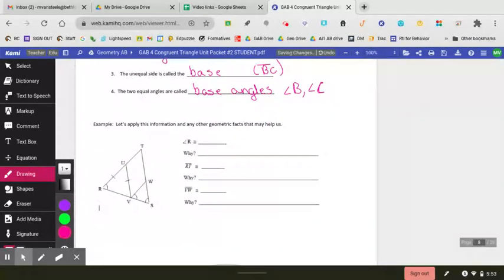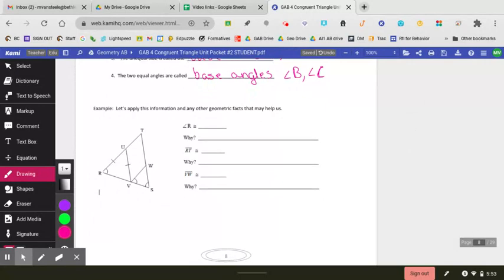So let's see how we can apply this information. In this triangle, so if we look at this triangle, we know that angle R is congruent to angle S because it's labeled. Oh, actually, that's not what it's looking for. Sorry, I need to read the question better. Angle R is going to be congruent to angle UVR